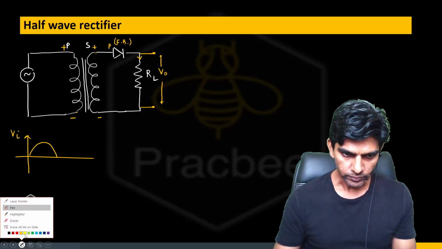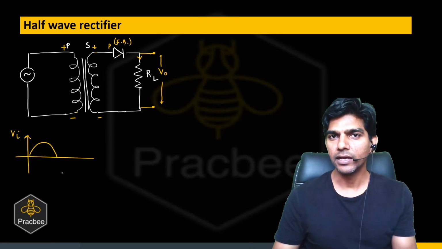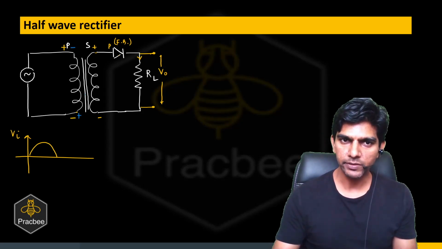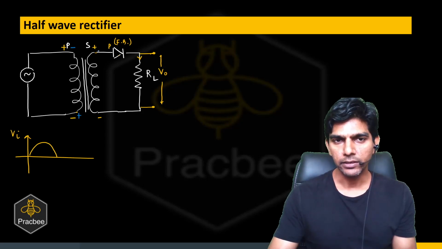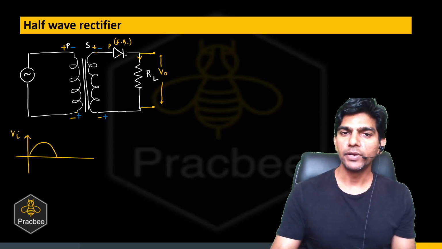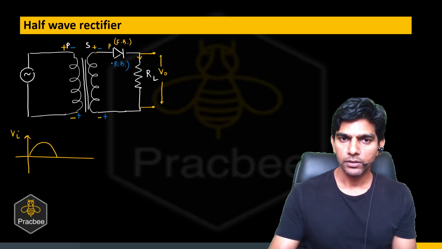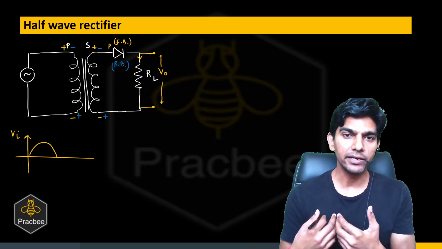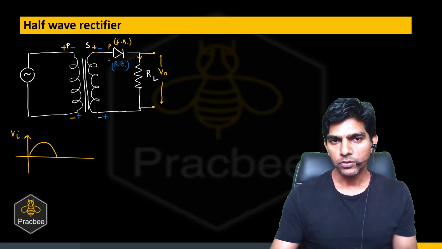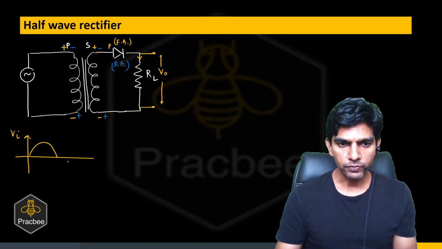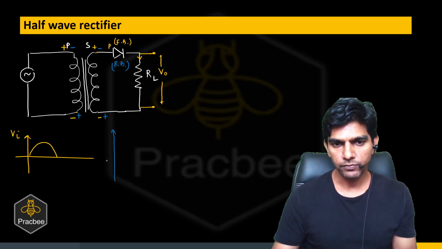Now if you talk about the second half cycle, which is the negative voltage, then the top side of the primary will be at low potential, bottom will be at high potential. Similarly, by mutual induction, in the secondary coil, the top side will be at low potential, bottom will be at high potential. In that case, the diode will become reverse biased. Now the diode is reverse biased, so it is non-conducting. So we are considering a case of an ideal diode. So if it is non-conducting, there will be no current through the load resistor, so there will be no reading.